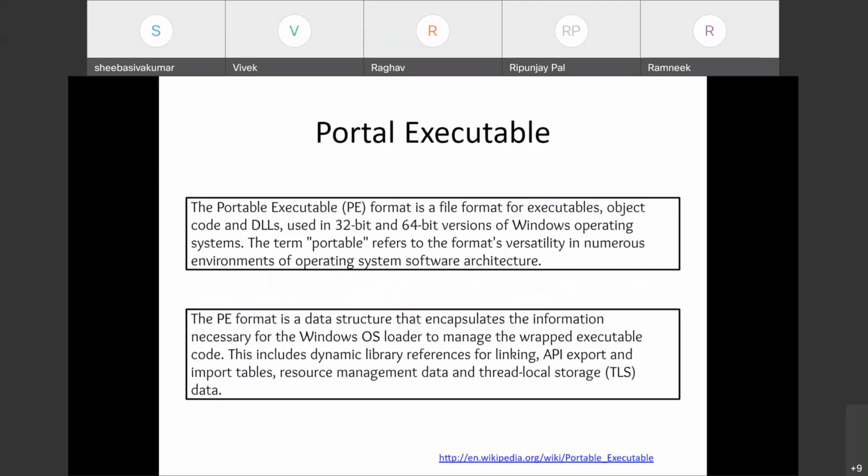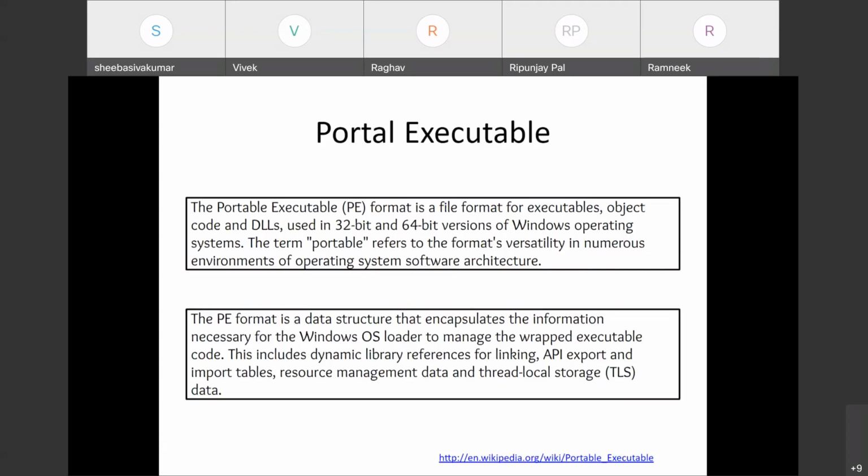Next we have the portable executable format. This is the definition: it's a file format for executables, object code, and DLLs used in 32-bit and 64-bit versions of the Windows operating system. DLL here is dynamically linked library.